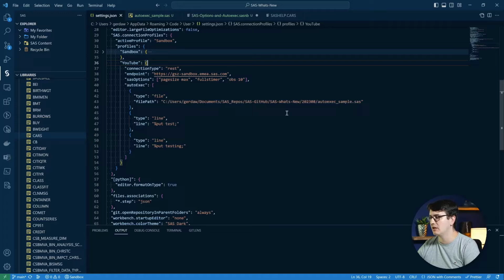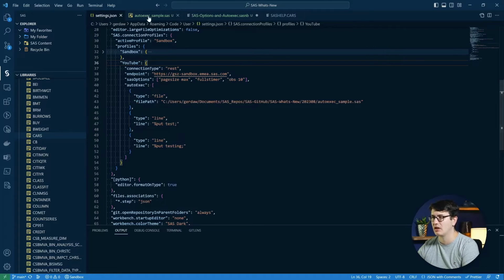So for me, it's an autoexec_sample.sas, and we will take a look at what's in there in a moment. But we will also take a look at the second type of AutoExec that you can specify, called line, where you can just put in SAS code in a string. So here we say put test and put testing. So we have 2 lines and 1 AutoExec file that will be run, chained after each other.